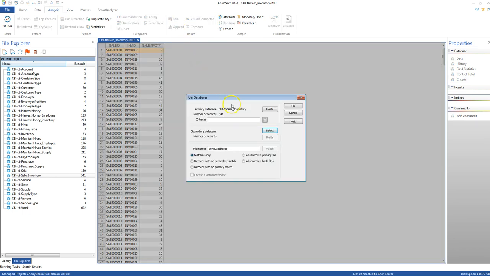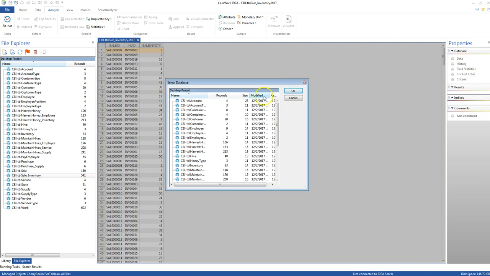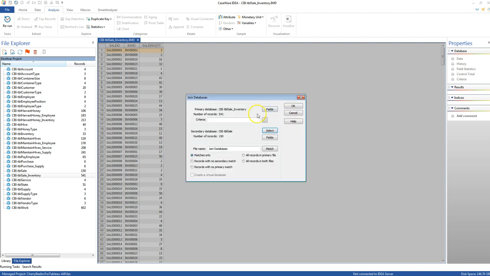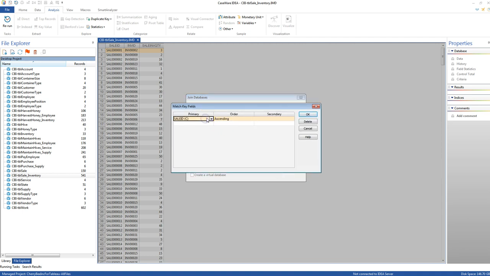And I need to join a secondary database, which is, I better pull this over, sale. That's my secondary database. Sale inventory is my primary table, sale is my secondary. And I'm going to bring on all fields. My matching key will be sale ID,